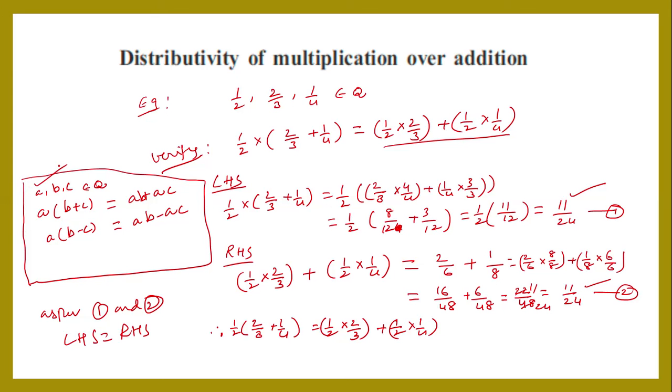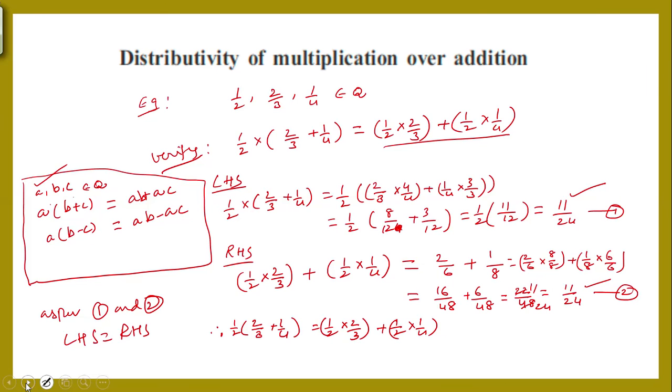We concluded this is the distributive property. That means multiplication over addition. Here you observe, what we write in the brackets, B plus C, this is the addition. The number which we write before the brackets is A, that means A into (B plus C). Here is multiplication, here is addition. That's taken as multiplication over addition. Okay, this type of property is called distributive property or multiplication over addition.